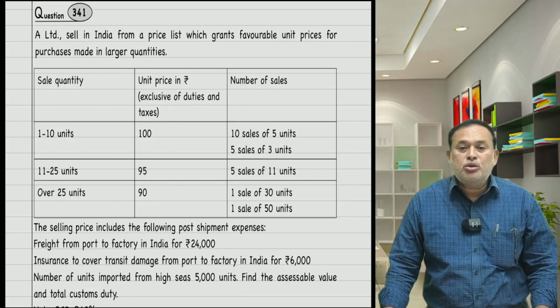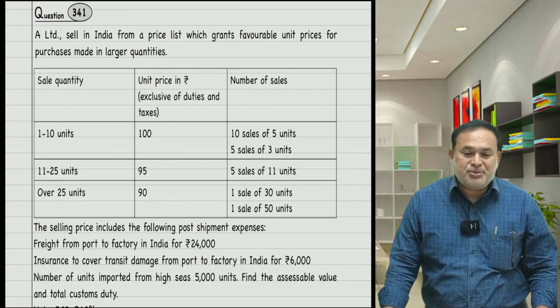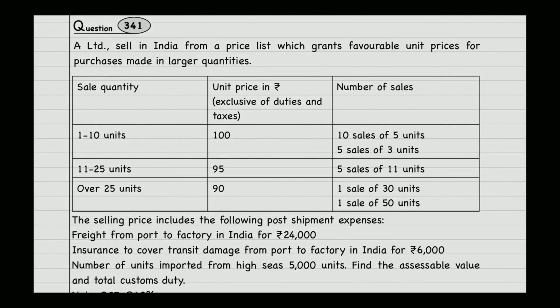Reading the question here with regard to rule number 7, deductive value concept purpose. A Limited sells in India from a price list which grants favorable unit prices for purchases made in larger quantities. Sale quantity 1 to 10 units, unit price in rupees exclusive of duties and taxes 100 rupees. Number of sales: 10 sales of 5 units, 5 sales of 3 units. 11 to 25 units, selling price 95, number of sales 5 sales of 11 units. Over 25 units, unit price in rupees 90, number of sales: 1 sale of 30 units, 1 sale